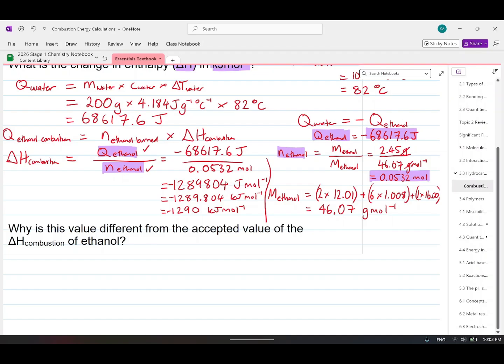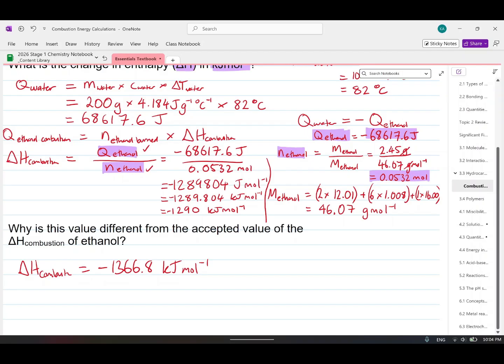So I'm just going to quickly Google the combustion enthalpy of ethanol, and we have found it is equal to negative 1366.8 kilojoules per mole. So that's the accepted value. When people do the experiment really well, they make no mistakes, their design is quite good, and the equipment is quite advanced, that's the number they get. And we are comparing it with negative 1290